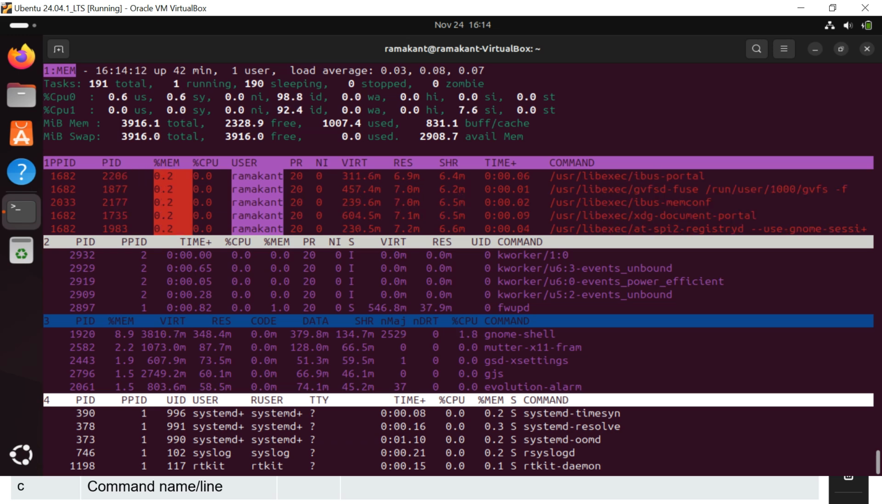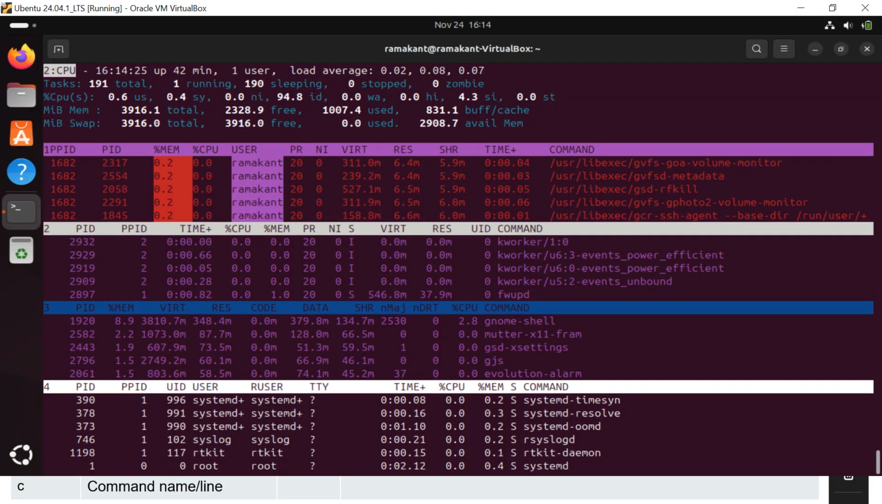This is for memory related. I can do this using shift and that greater symbol. I shifted to the percentage memory. I can do the sorting based on memory. Now let me shift to the second window, that is using A input, and here I want to